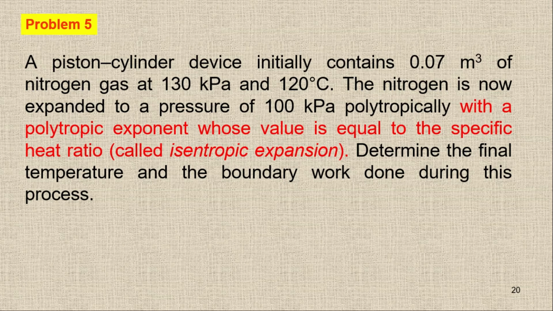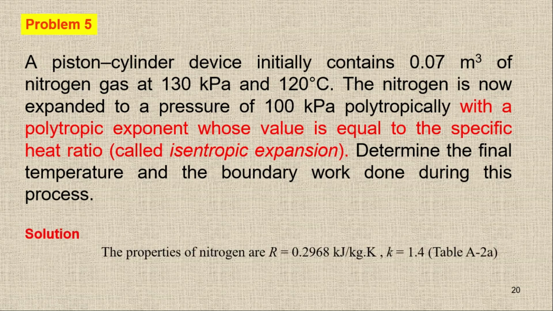Now here, if you can see, the gas is nitrogen. So whenever we have a gas, we can easily check the values of Cp and Cv from table A2. Table A2. Sorry, I think table A1. From A1, because for the gases we have table A1. So V1 is given. This is V1. We have P1 and we have T1. And then we have the final pressure, which is 100 kilopascal. Now from the table, sorry, this is again table A2, it's my mistake.